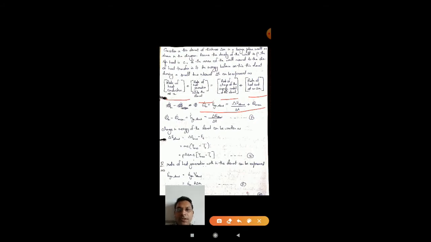Now the next, I have rearranged the equation in this fashion, that is qx plus delta x plus volumetric generation within the element, or internal heat generation within the element, is equal to the rate of change of heat content or energy content of the element during the time delta t. So students, the whole energy balance is done over a time interval delta t.